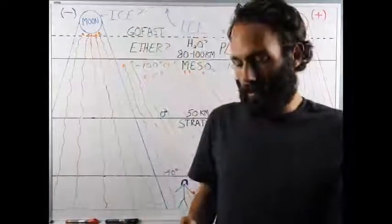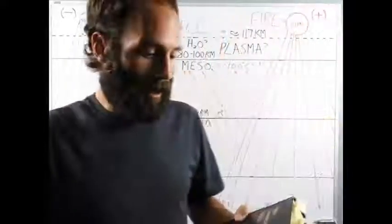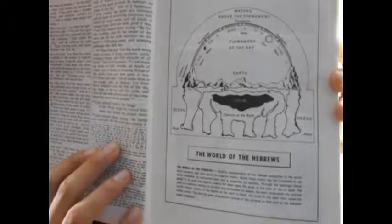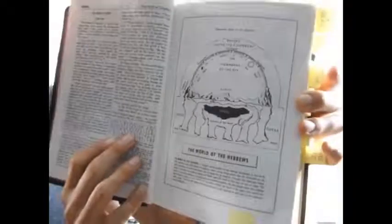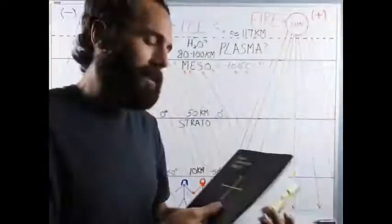Well, since I don't know what to trust anymore, I've gone back to this a lot, especially recently. I was born into a Catholic family, and this is actually my mother's Bible, but I keep going back to this that I, a year and a half ago, made fun of to my roommate, and then had to put my foot in my mouth because, I don't know, this could actually be a depiction of our Earth or something similar to it. But as you can see, there are waters above the firmament in this picture, and then it has firmament of the sky, which might allude to some type of liquid up here, maybe. But, of course, this is an illustration. So I'm using this as my basis for now,